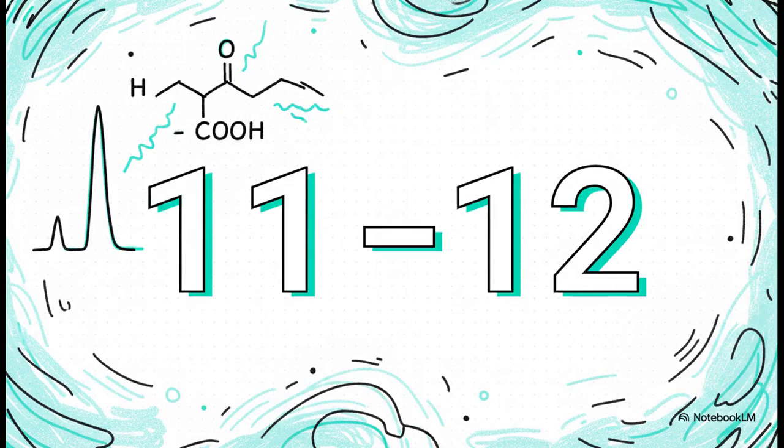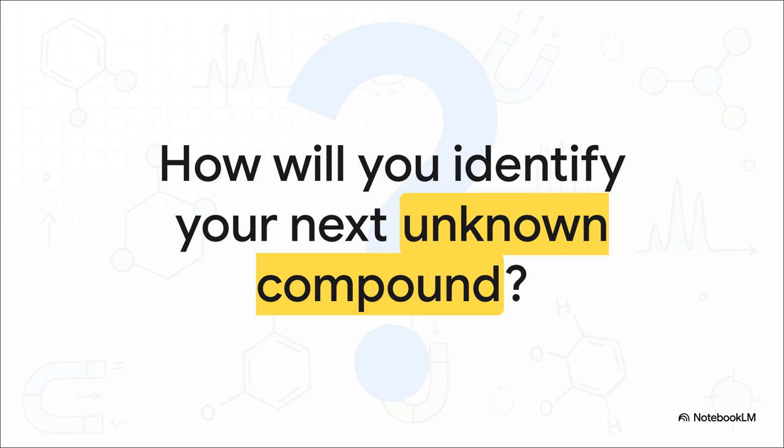And finally, the absolute extreme edge of our map, reaching way up to 11.0 to 12.0 ppm. This is the nearly exclusive domain of the intensely deshielded carboxylic acid proton. Almost no other common type of hydrogen ever appears this far downfield. Now, because of hydrogen bonding and rapid proton exchange, this peak can often be super broad. Sometimes it even looks like it's melting into the baseline. But if you spot a signal way out here at the edge of the wilderness, congratulations, you found a carboxylic acid. So, we've traversed the whole landscape together, from the safe upfield suburbs of alkanes, through the midfield electronegative shifts,